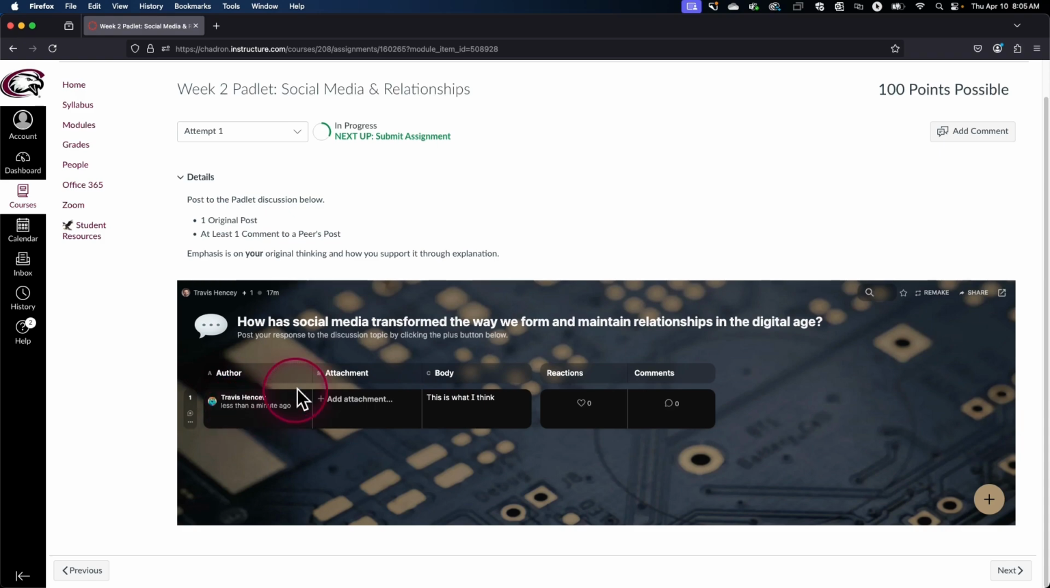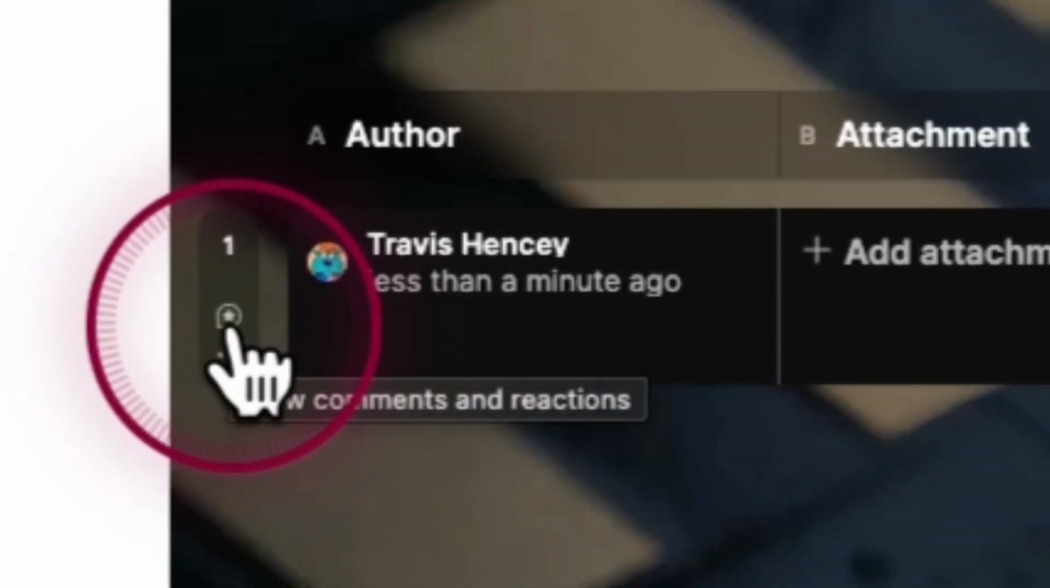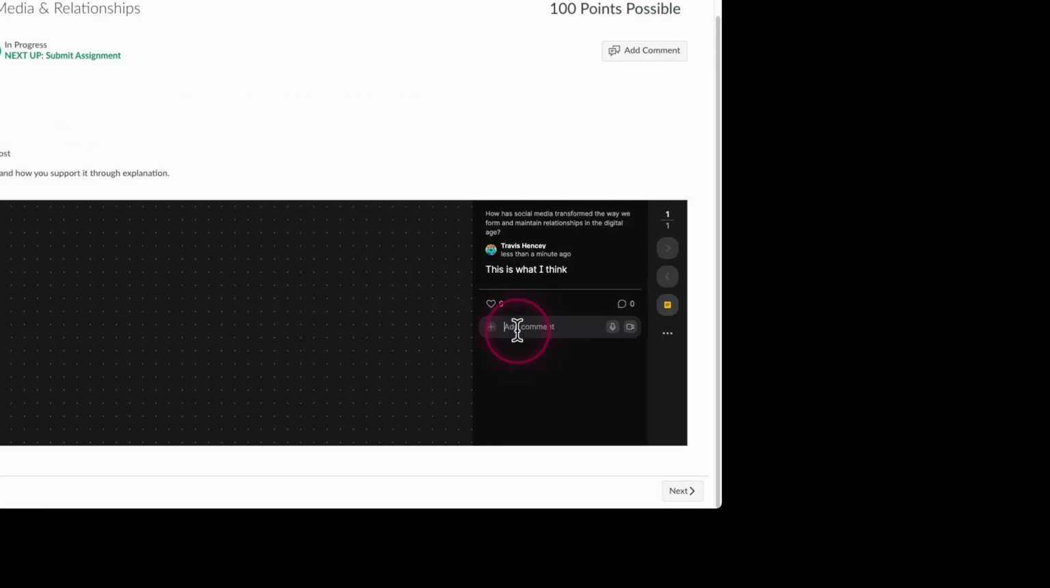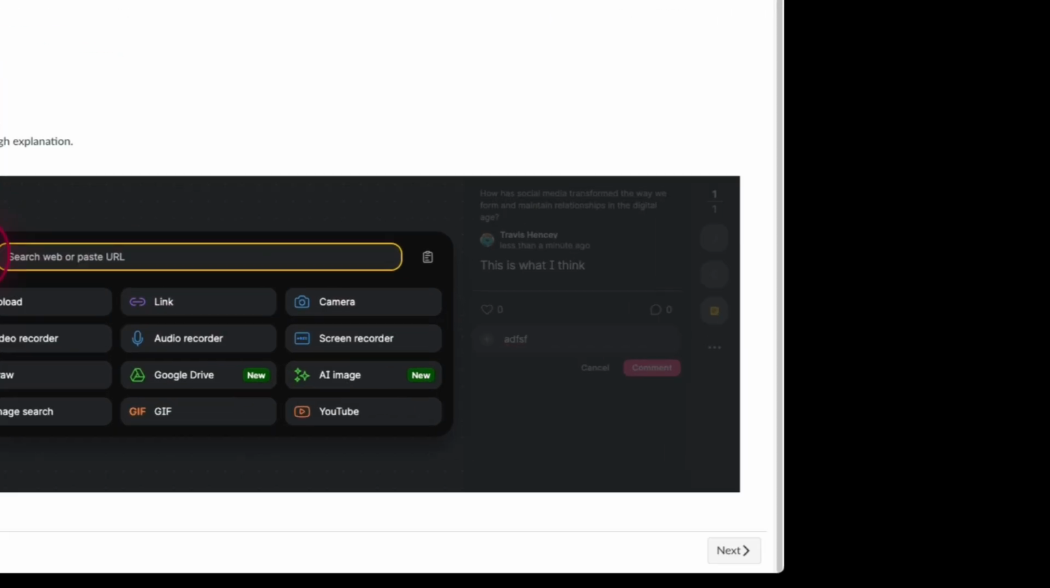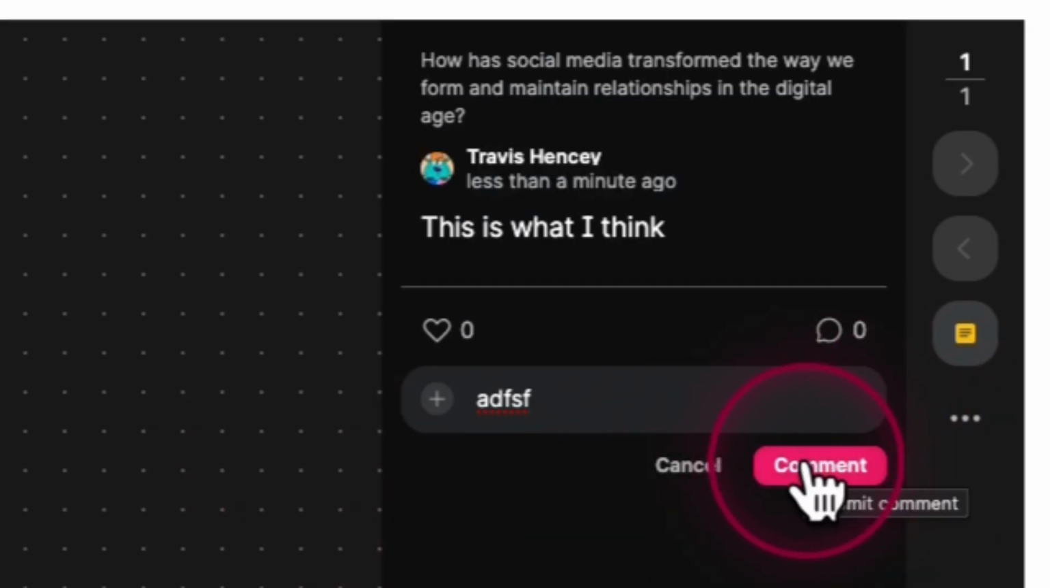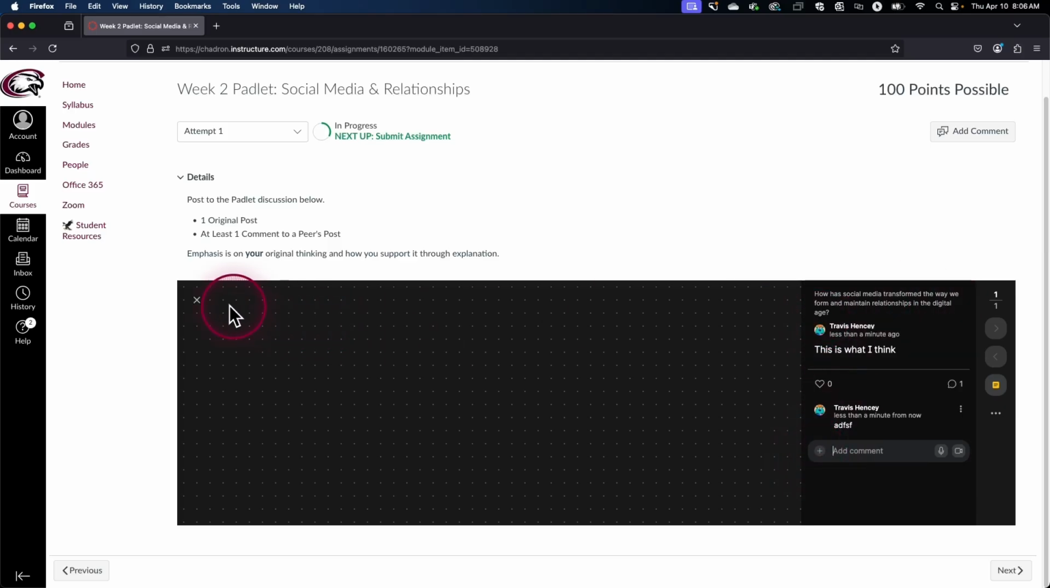The layout of these Padlets can be very different. This is just using a table format. If I want to comment on this, you'll see the tiny little comment icon. Click on there, and again, I can just type away or click on the plus sign to make my attachments. Click the comment button, and I've commented on that post,